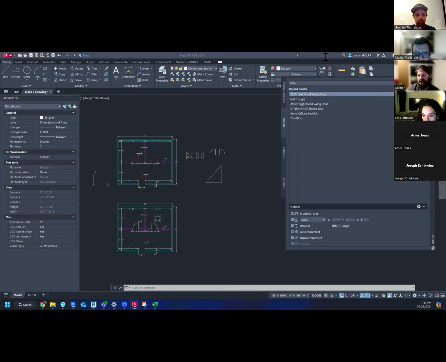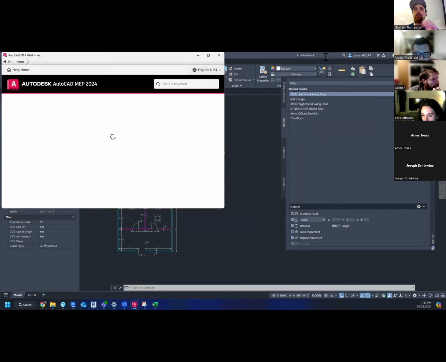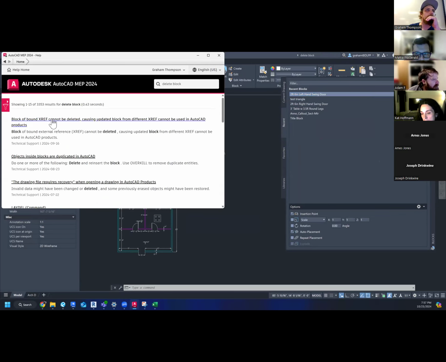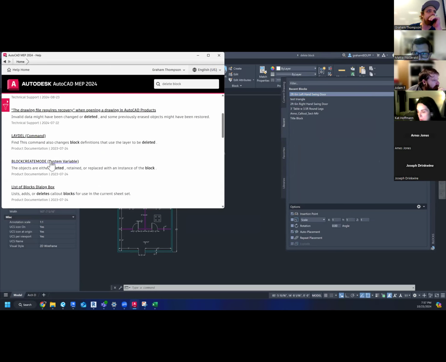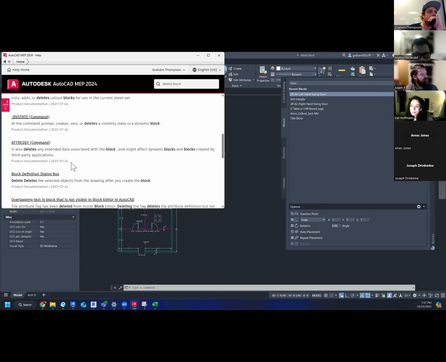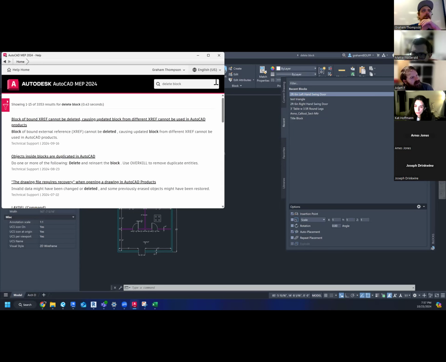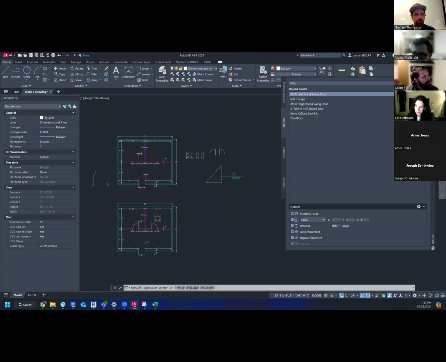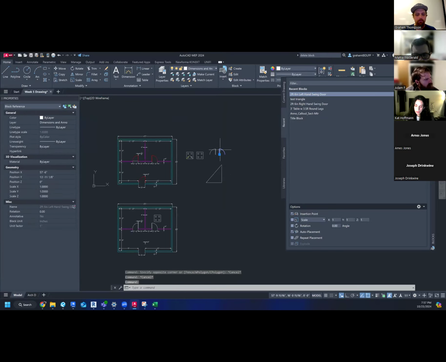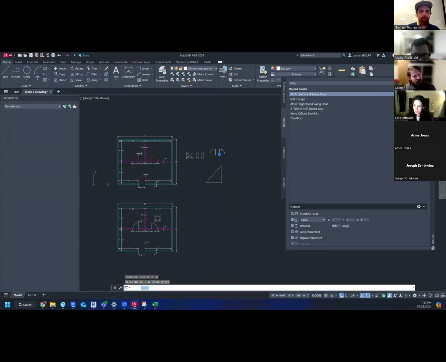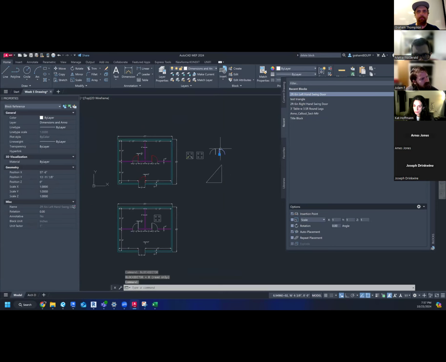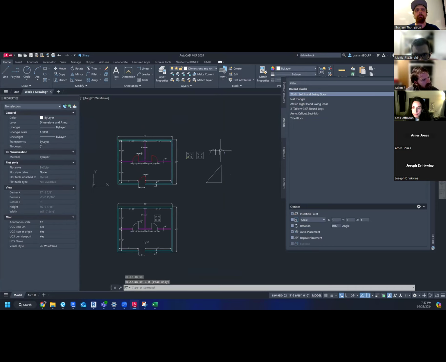Here, let's do this. Delete block and bring up objects that have been deleted. So one of those guides kind of directed me towards B edit as a command. So that's the block edit, is what B edit is. Even with that though, it wasn't clear how to just delete a block. And that's what I'm saying, that once you build it, that's why